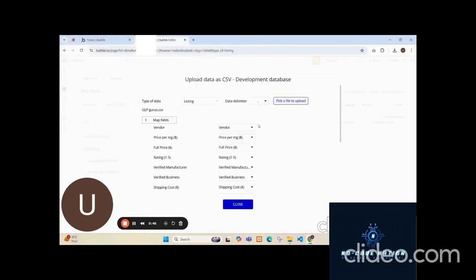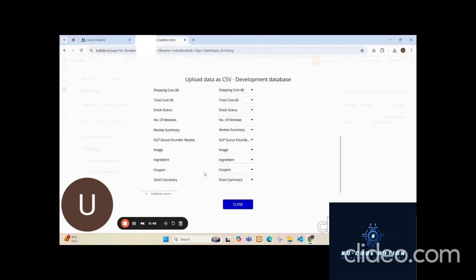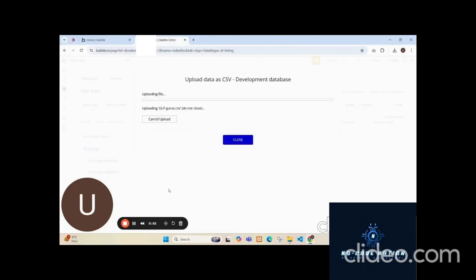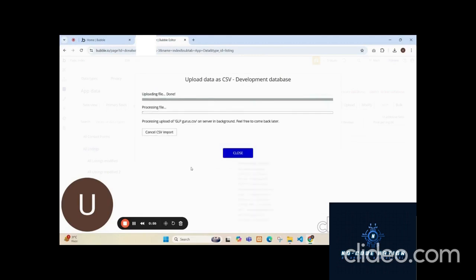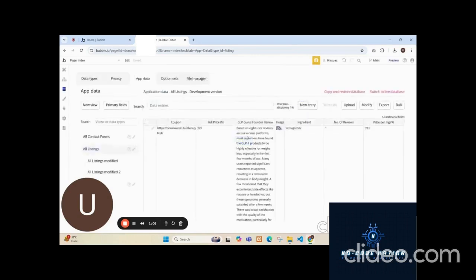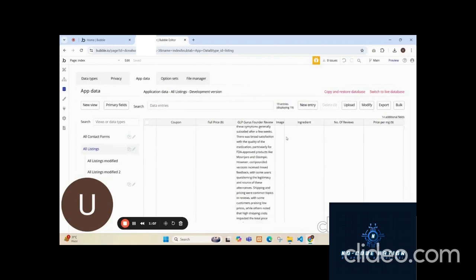Hit open, check the mapping. Everything is mapping fine. Click on validate data, click on upload data. Click on new upload and close. See, here we are able to see our data that it has been uploaded to the listings in the database